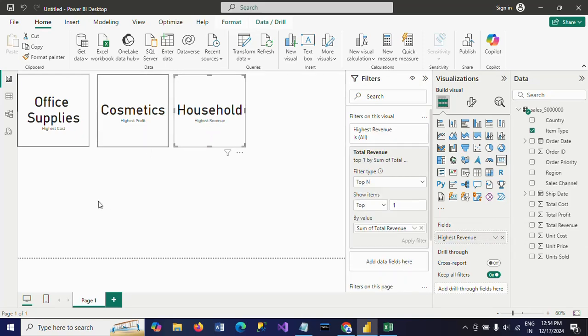Now when you see the three cards, you can easily identify it. Office supplies is the item type where you got the highest cost. Cosmetics is another item type where you got the highest profit, and household is the other item type where you got the highest revenue. So by presenting this card visualization tool, you can easily and clearly identify your metrics based on your category. I hope this video